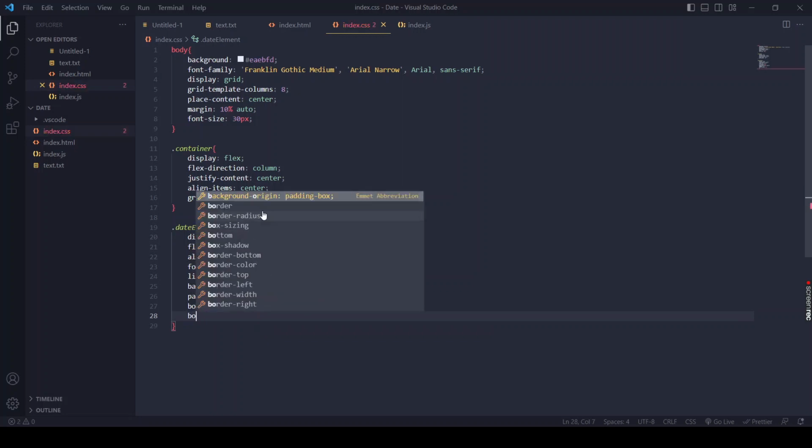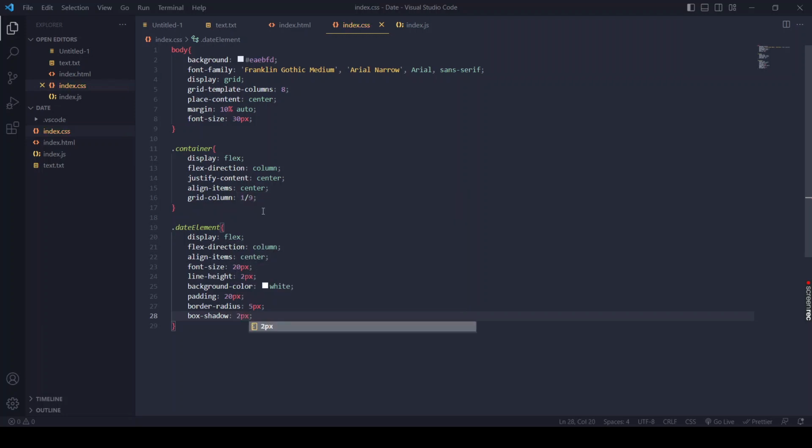You have a box shadow. I love using box shadow because it gives the content some kind of cool feel. So the shadow will be 2 pixel top and bottom, and 3 pixel left and right on the x-axis, and 4 pixel intensity, and the color of the shadow will be D0 D2 FF. So I think this should be a bit